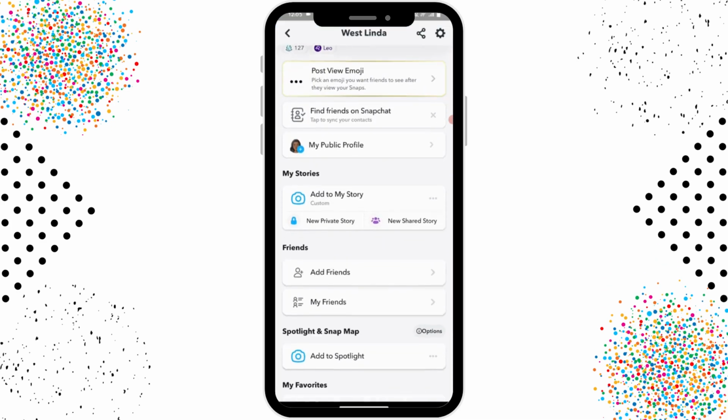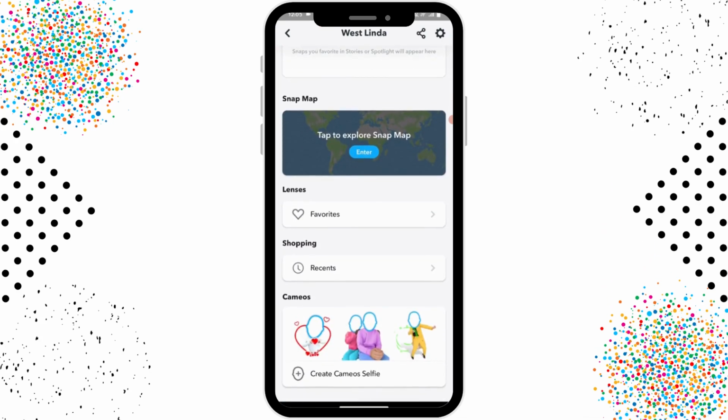And after opening your profile, you can simply scroll down, and before proceeding,